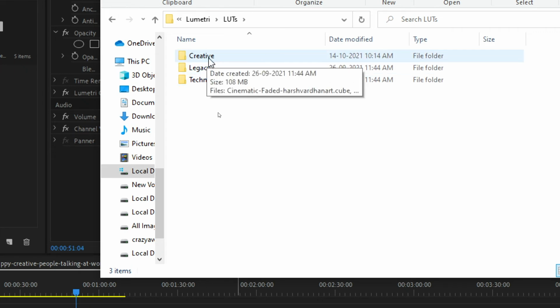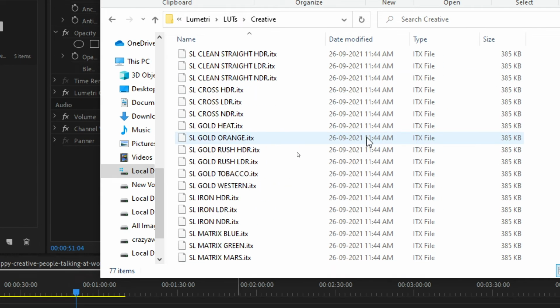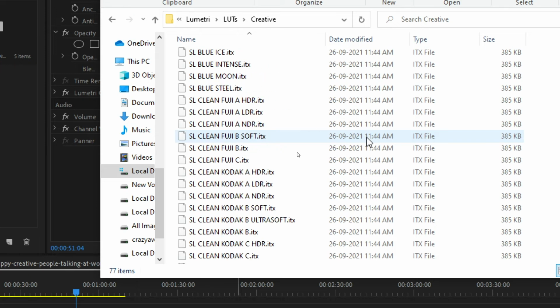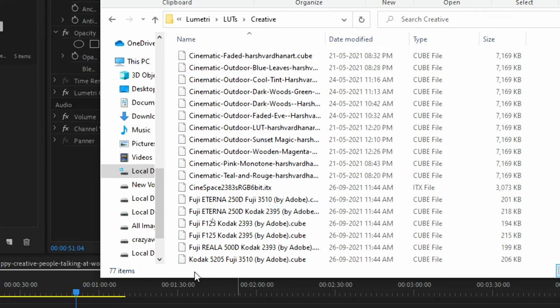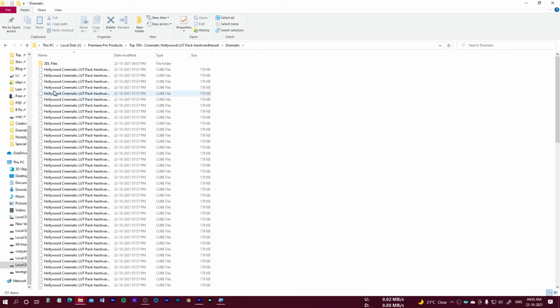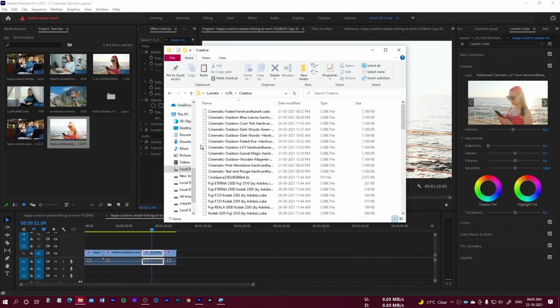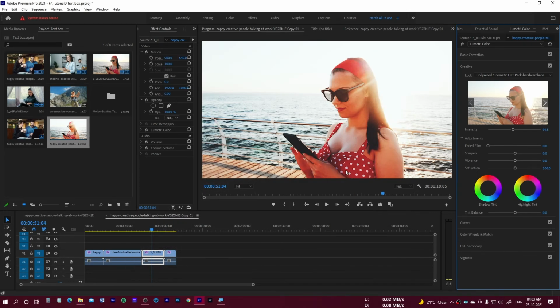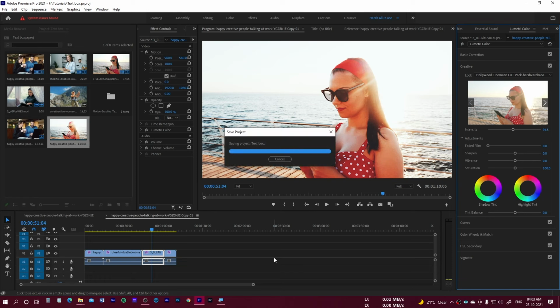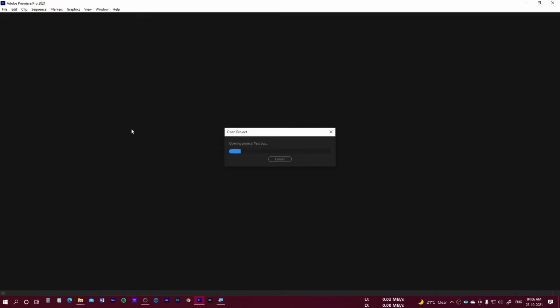So one is Creative, so just open this and you have some of these files pre-installed right over here. So I'm just going to copy the downloaded presets, let's go for the Dramatic, select all of these files, copy them and paste them right over here. Alright, and similarly you can copy all of these files, and thereafter, when you restart your Premiere Pro,